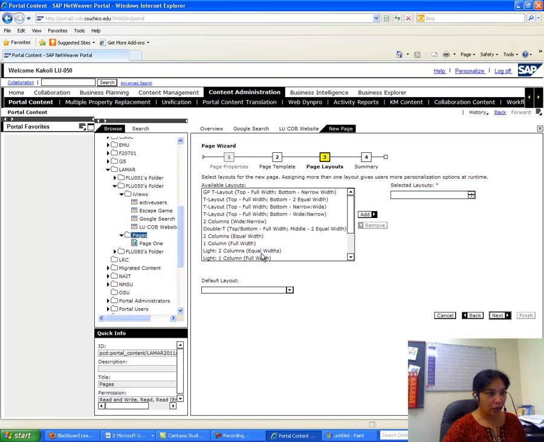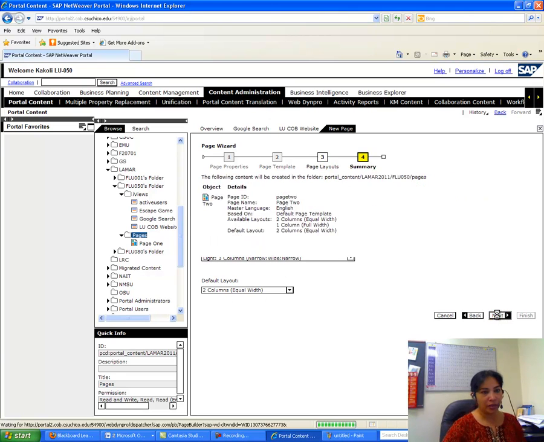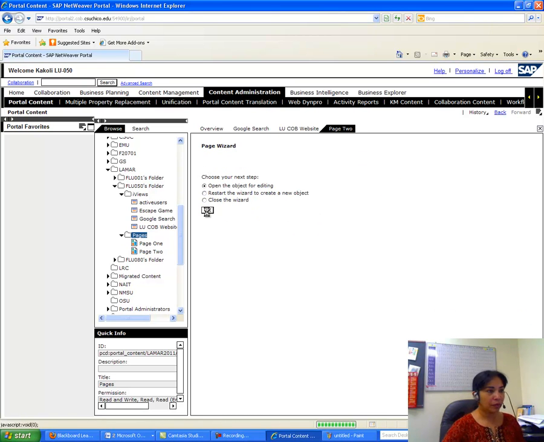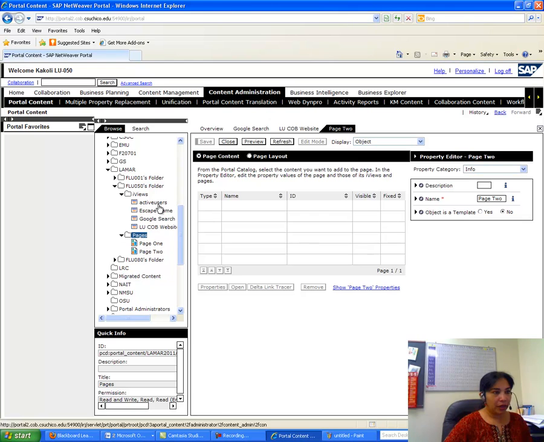Okay, so the first one I add is 2 columns equal width. The second one is 1 column full width, and then I have 2 columns equal width as my layout, and I do next, and I finish, and I open, and then I bring in,